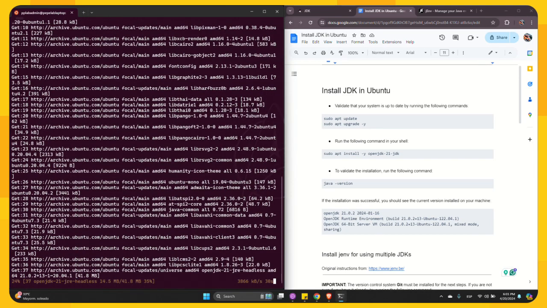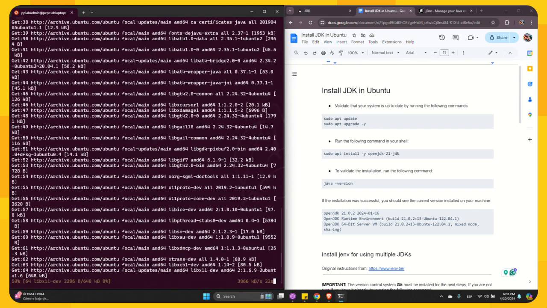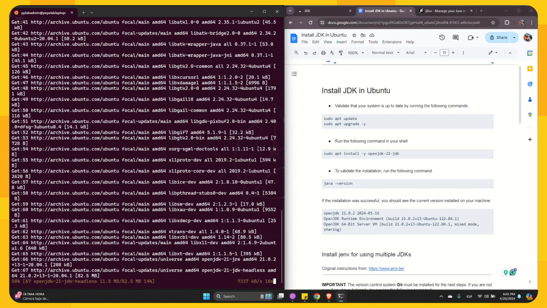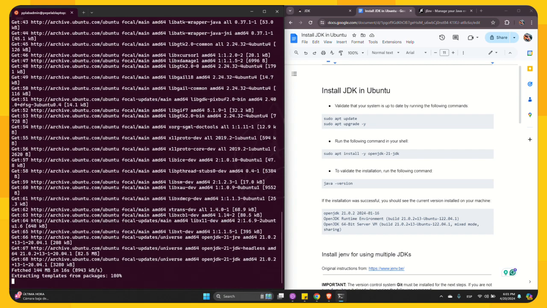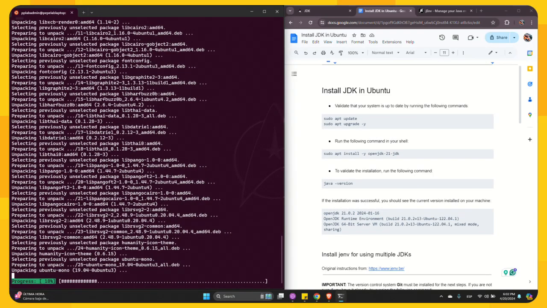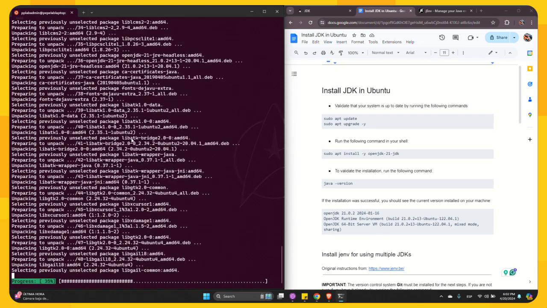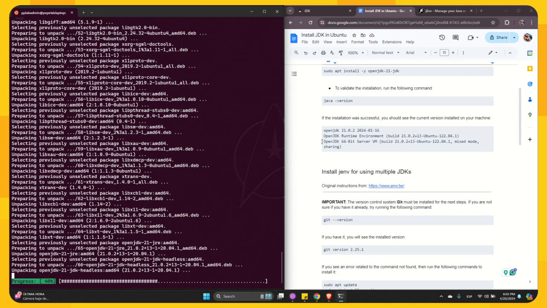It depends on the speed of your internet how long this is going to take, and the availability of the repositories or resources and all the dependencies. Once all the packages are downloaded, they are installed in your system. The next step after you install the